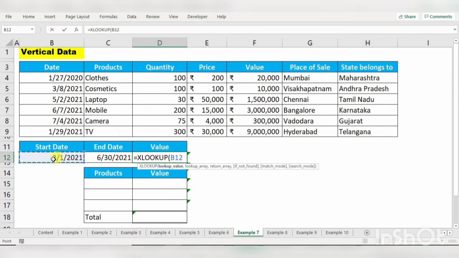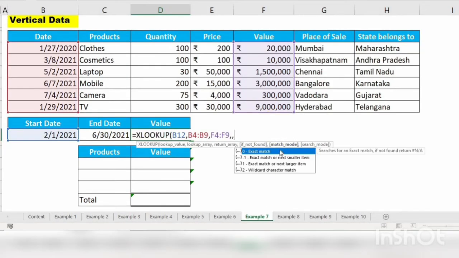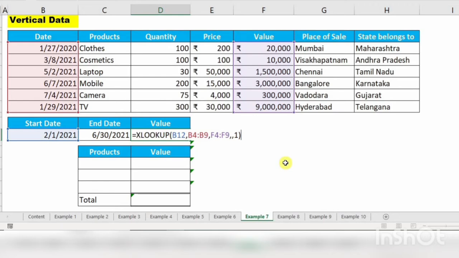So from after February we have to give a date. Lookup array here, and return array what is required, value, and if not found is not required. Now match mode, here you can see next larger item 1, close bracket.